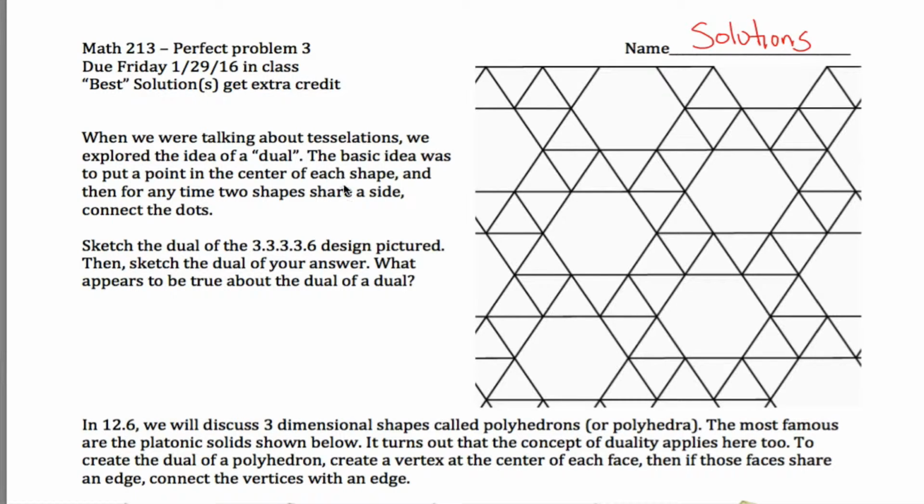To the third perfect problem for Math 213. In this perfect problem, we're dealing with duals, or this idea of duality. So we first look at it in the context of a tessellation. The basic idea here is that if you have a tessellation like we do here,